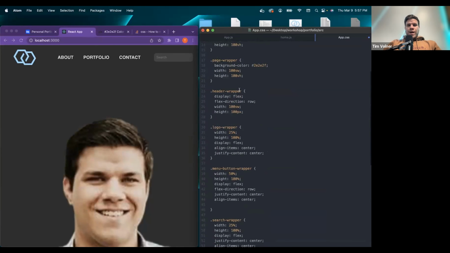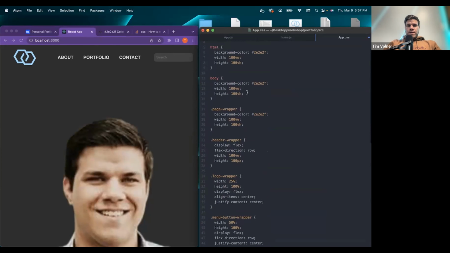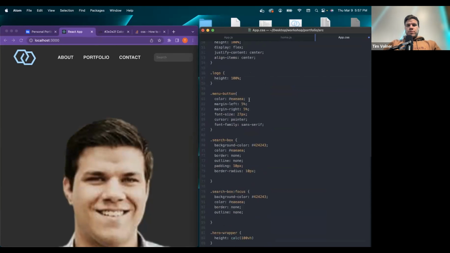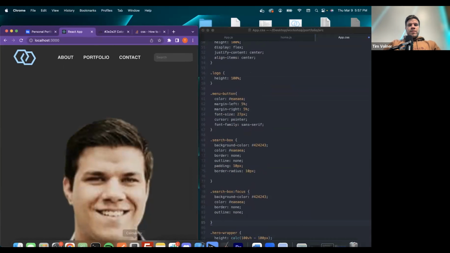Now, if you look up here, we have a header height. Where is it? Of 100 pixels. So we're going to do a calculation of 100 viewing height minus 100 pixels. What that'll do is allow this to take up the space between the header and the bottom of the